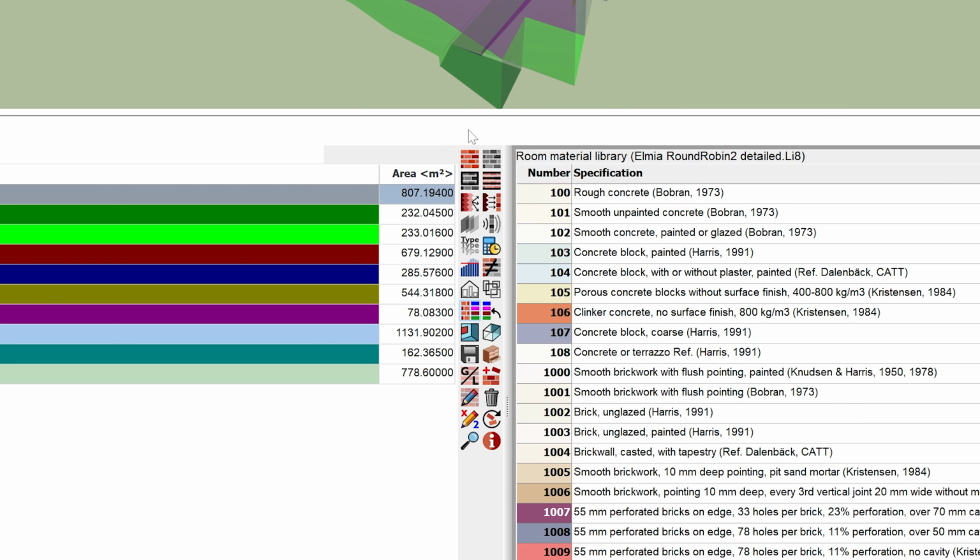Then, you can modify this local library, while the default library for other rooms is kept intact. You can tell whether you are in the global library or the local room library by looking here. The local library is also handy when moving your room files to another computer. To edit a material already in your library, you can either select it and click on this icon, or you can simply double-click on the material.